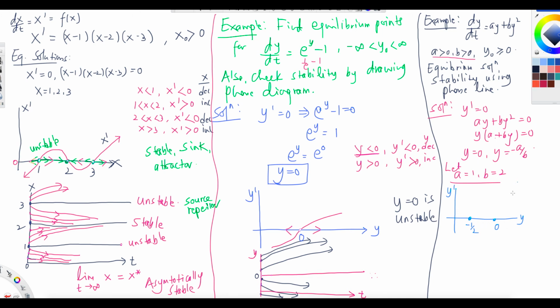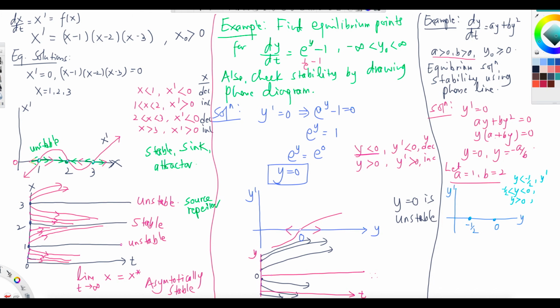So let us write down how many intervals there are: less than negative 1/2, between negative 1/2 and 0, and greater than 0, right? Let us do that first. So what you get is y is less than negative 1/2, next y is between negative 1/2 and 0, and then y is greater than 0. So what will be y prime in that case? So y prime, if y is less than negative 1/2,